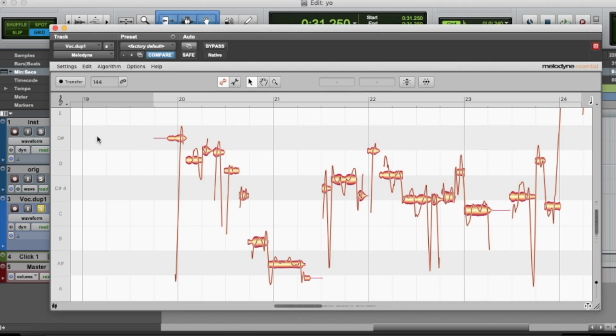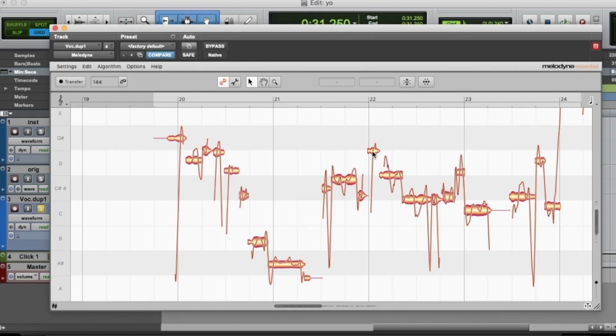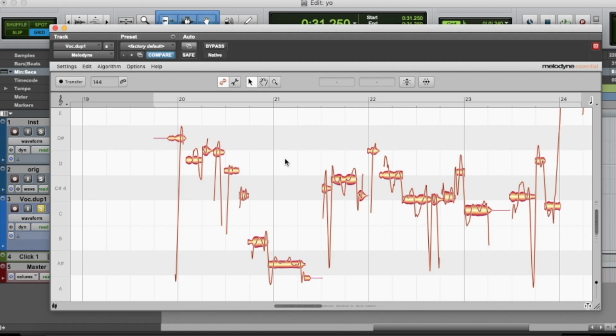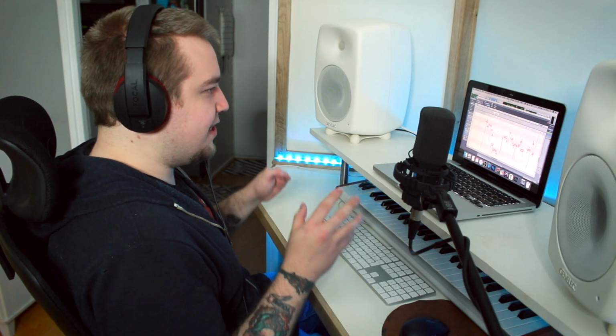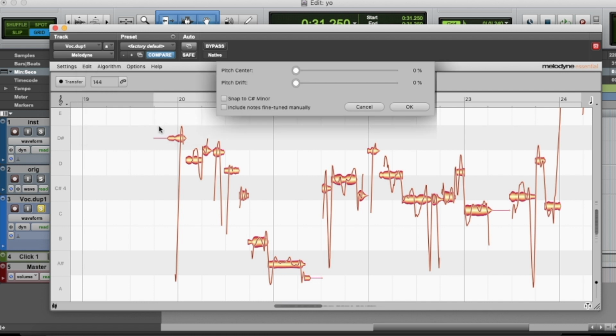So you can see these different rows in Melodyne. There's a gray one, a white one, a gray one, and so forth. These rows are notes. So you can see that some of these notes that I sang are in between a note, like this one. So before I start working with Melodyne, I want to make sure that every syllable is in a note. It's kind of easier to work with usually, so I'll go to Edit, Quantization Macros, Correct Pitch,